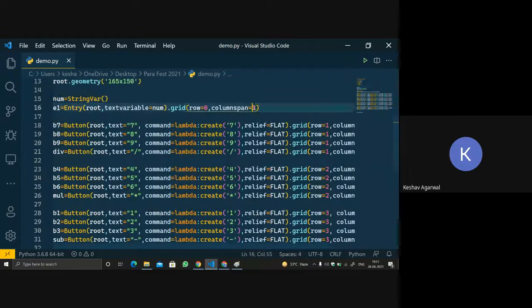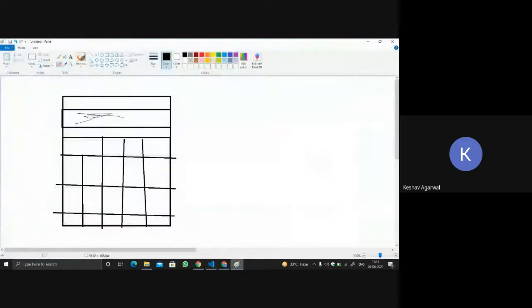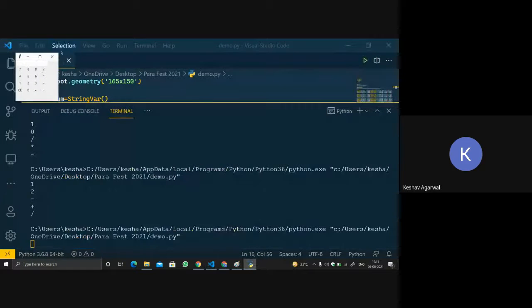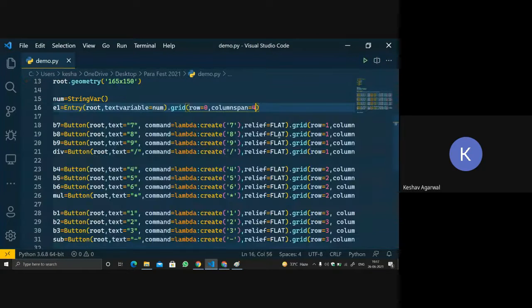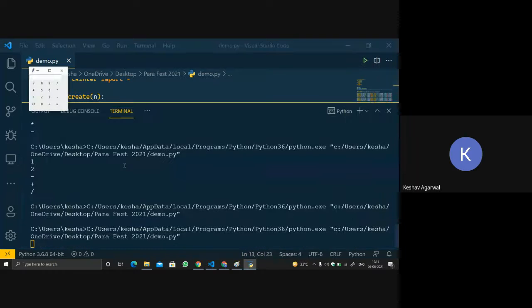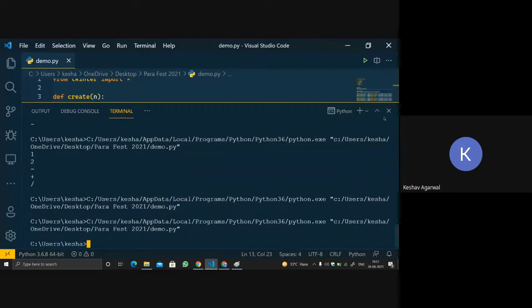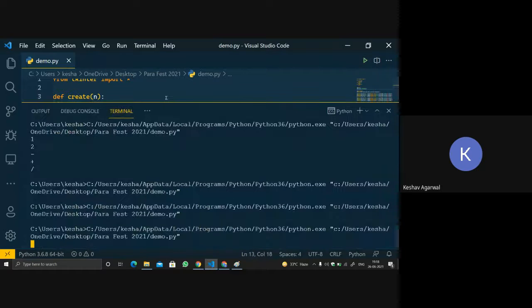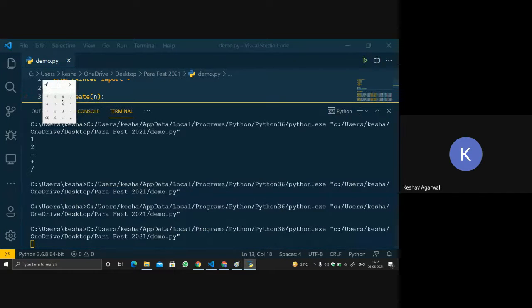Okay, and let me just change it to 4, and then again run the function. So, okay, we are getting a complete UI. Great, and let's reduce some size more. 150, 125. Width is too much now also. Let's keep it 130 and 130. Okay, I think now it's sufficient.